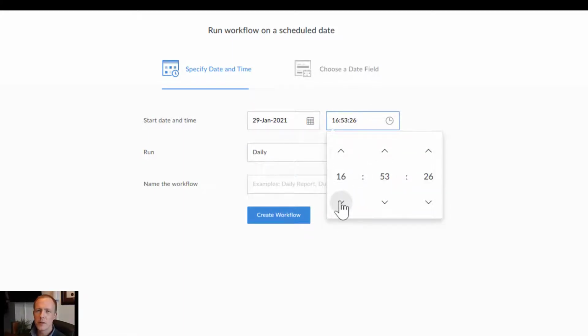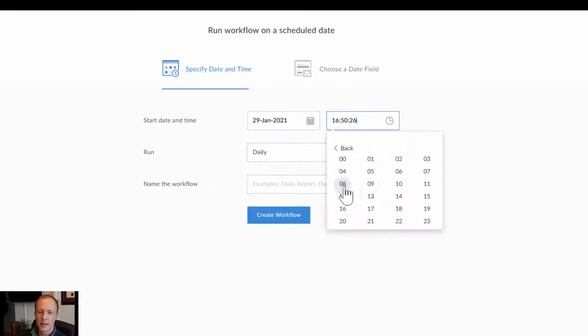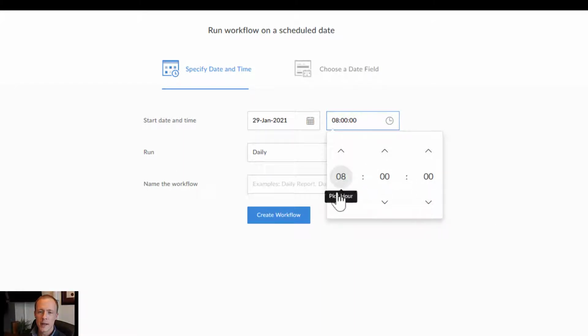Now, I've always found this input a little bit unintuitive. First instinct is to move the arrows. It's better to actually click the numbers right here, and then you can select the specific time. So what we'll do is we're setting a workflow to run at 8 a.m. every Friday,